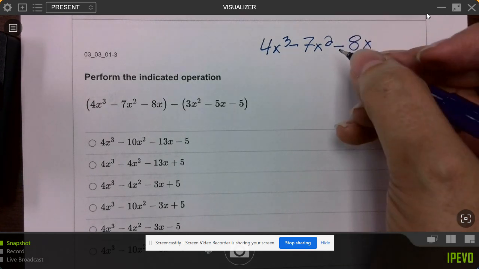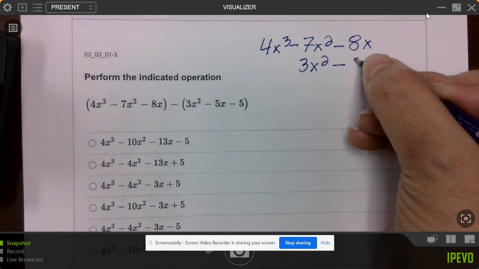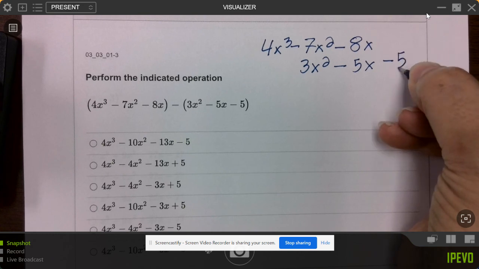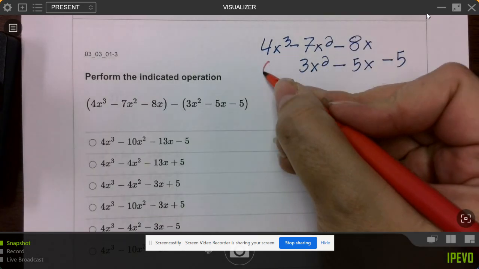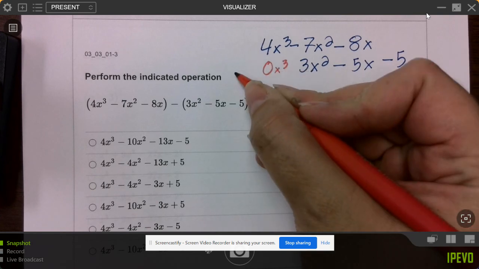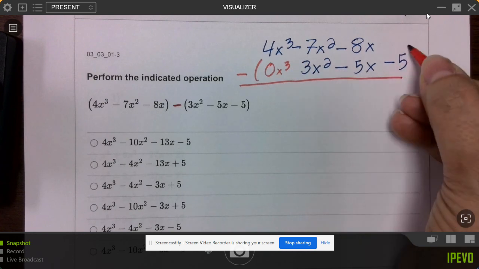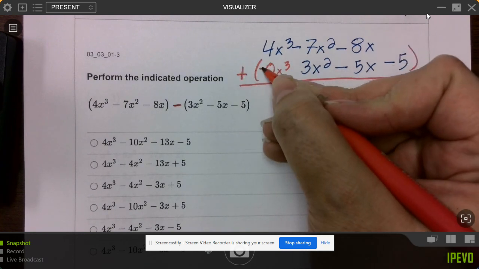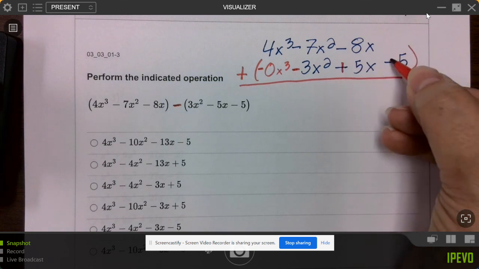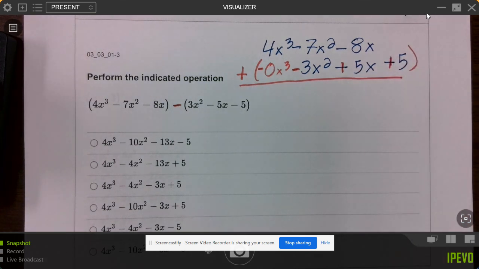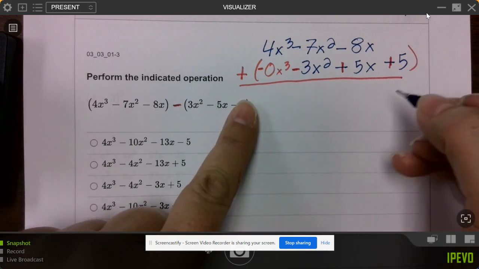Okay, so this one, it's going to be 3x squared minus 5x minus 5. There's no 0x cubed term here. Okay, this is subtraction, everybody. So I'm going to add the opposite. So all of these are going to change signs. And then we just add them together. So this is going to be